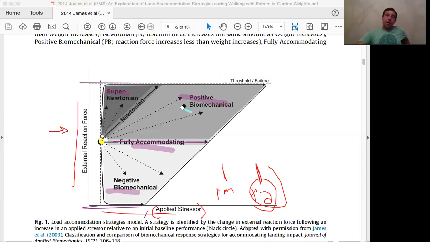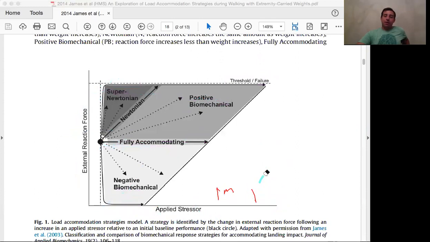I don't need you to talk about that for this, but I want you to be able to explain the difference between fully accommodating, positive biomechanical, negative biomechanical, and how those relate to the normal or the control condition, which is in this situation body weight. And the other one may just be a drop landing, or it may just be the way we land from a certain height, and how each of these relates to the Newtonian model. Okay, so